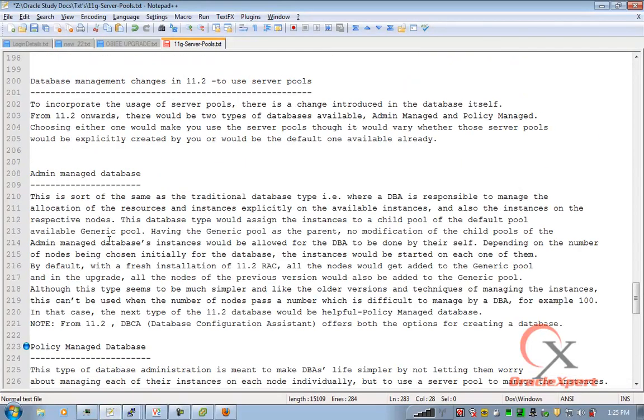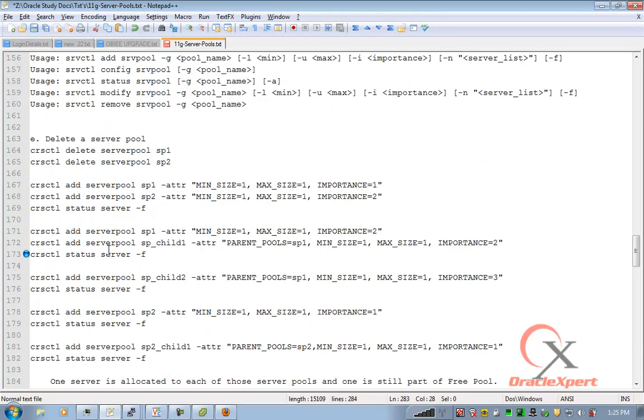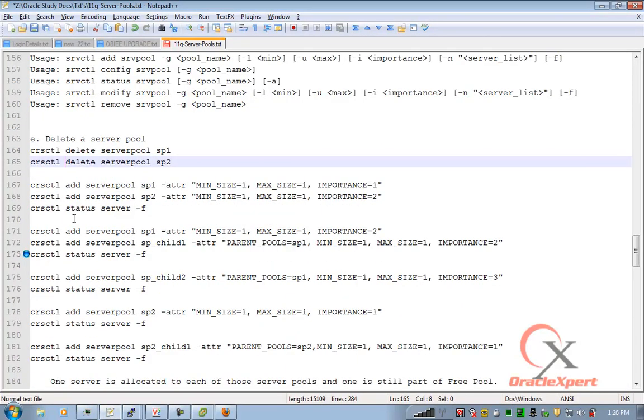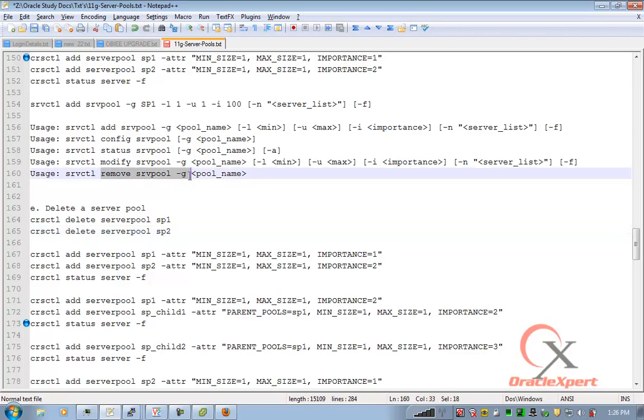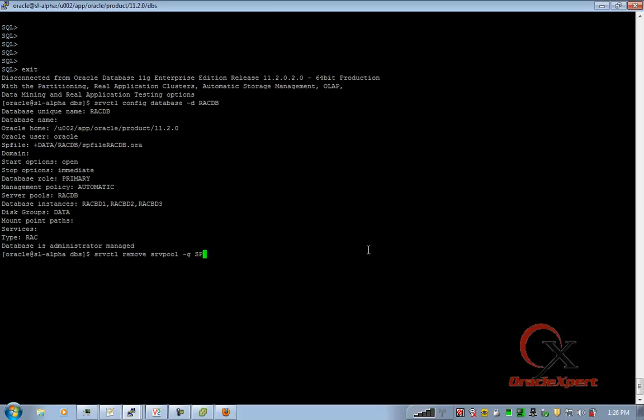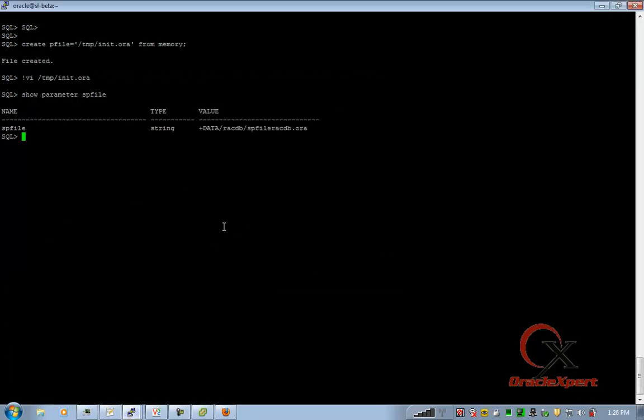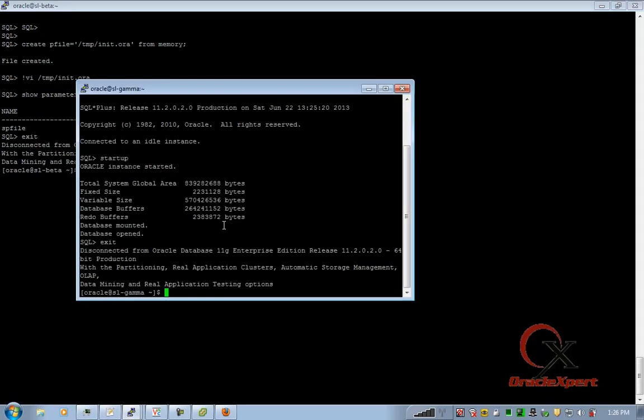Let me remove the server pool and reattempt the startup. It should start just like that. If there are any discrepancies, that can be fixed.